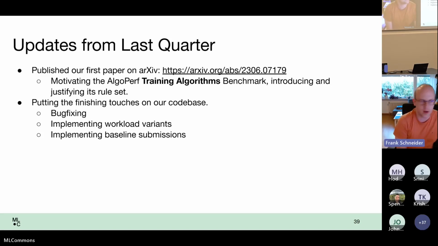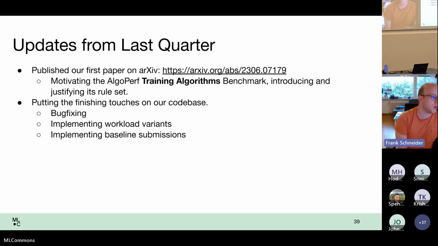So what's next for us is still to finalize our competition code base. There's still a few bugs that we need to iron out. And hopefully after that, in the next couple of weeks, we can issue a call for submissions for this benchmark, for the first version of the benchmark. In parallel, we're trying to create the blog post, the social media post, all the necessary documents and informational stuff for all the submitters, and provide support for potential submitters.